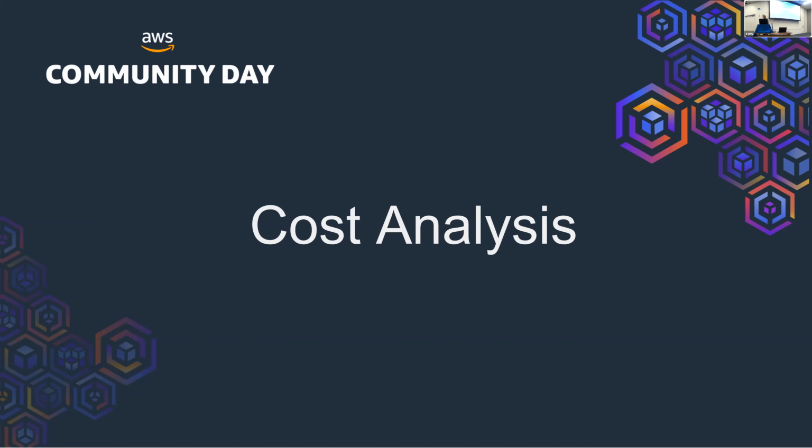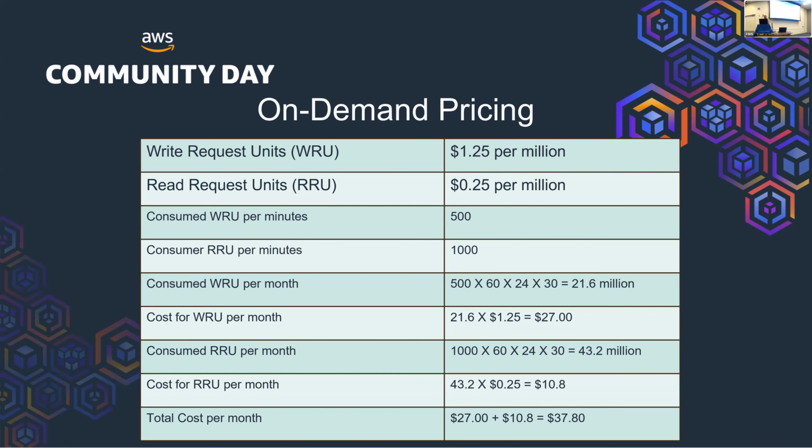Again, cost analysis, I already talked about it. For one of the tables, we did this analysis. So we look at the per minute WCU, RCU, WRU, RRU, and then we look at the cost. We calculated, again, we kind of make some calculation here. So we looked at the traffic pattern and identified that majority of the time we were actually seeing